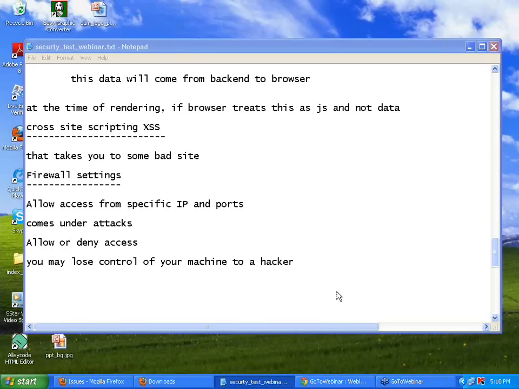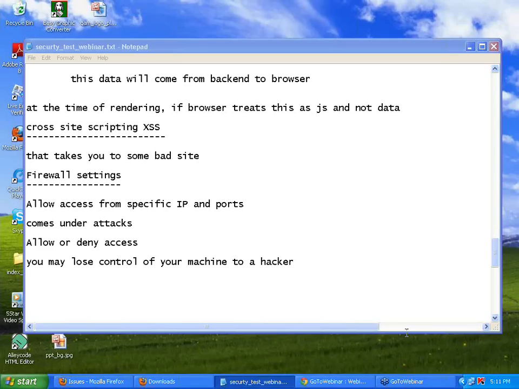Someone has asked how to test all these firewalls. No, you don't have to test all these firewalls, right? Again, where are these firewalls situated? One firewall is called the personal firewall. It is there in your machine. The second thing is, at the server level also they will do it. At the server level, they will have something called a server firewall or server proxy. It will control what websites can be accessed from your organization.